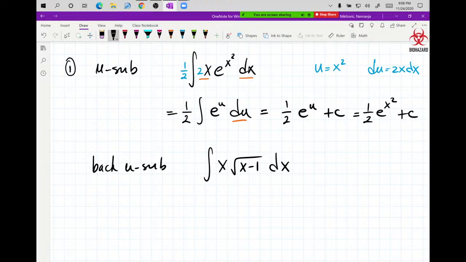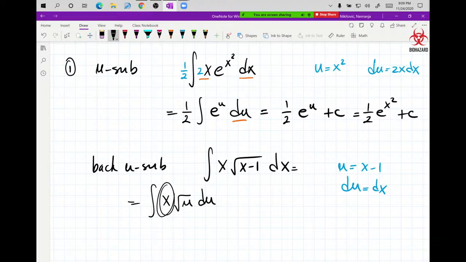Therefore, we have to use the Usub, and when you go with the Usub here of u equals x minus 1, then your du becomes dx. And when you do this substitution, what happens is that you still have this x in here. You have a square root of u du. So this x is a problem. And this x is actually taken care of by going to the substitution and solving for x to get u plus 1. It's a very unique trick,